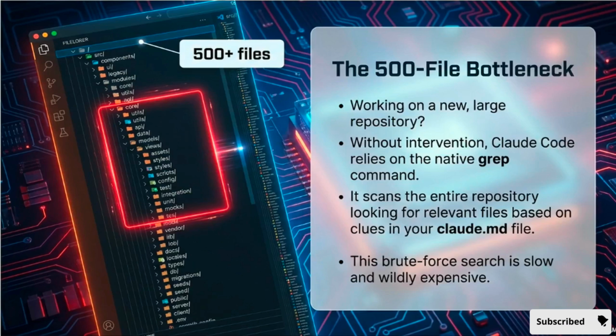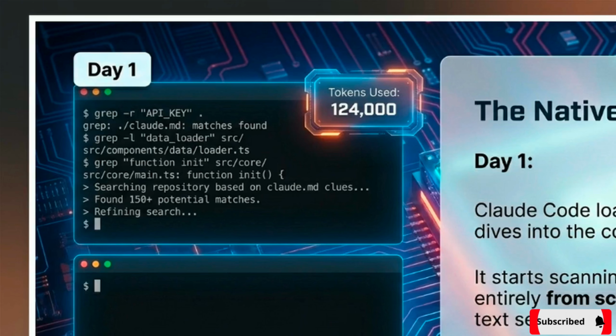When you open a massive enterprise-scale software architecture, you are often looking at hundreds of interacting files. This VS Code Explorer shows a project containing over 500 individual files. Standard AI coding agents approach a repository of this size completely blind. They rely on basic text searches, like grep, scanning the entire project from scratch and burning through 124,000 tokens just